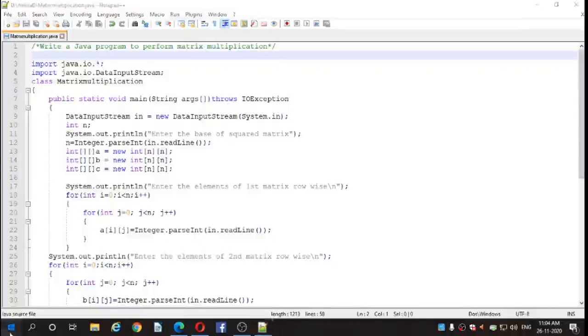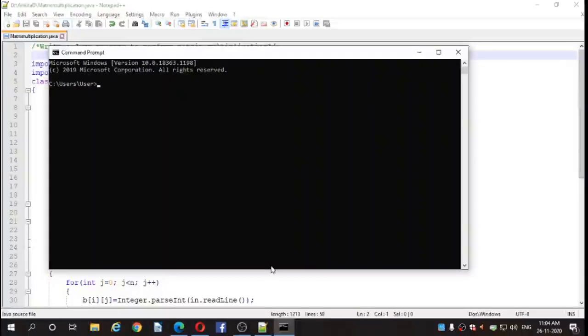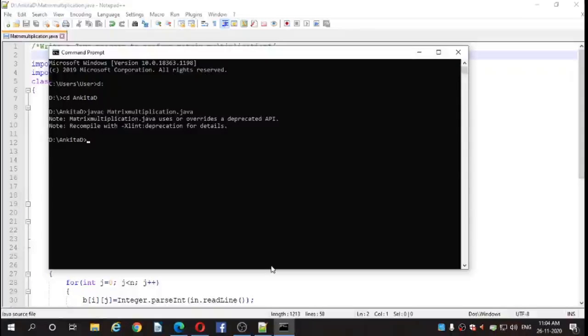To execute this program, open the command prompt. Okay, so D colon, enter into your folder with the cd command, that is Ankita D. Okay, the compilation command, that is javac MatrixMultiplication.java, and press enter. It is successfully compiled. The run command, that is java MatrixMultiplication. Okay,